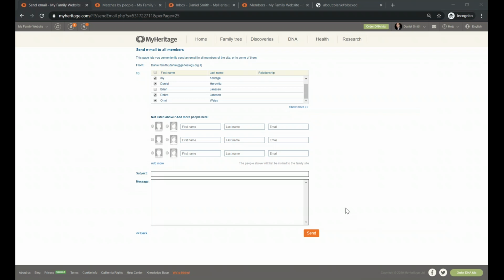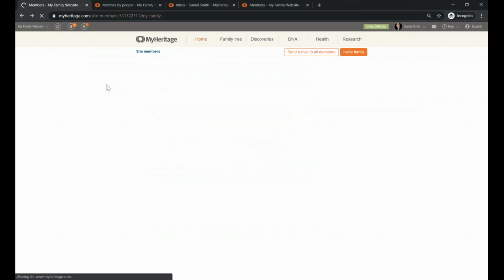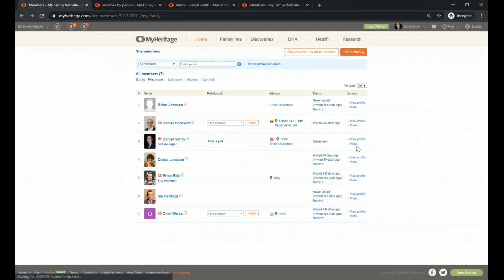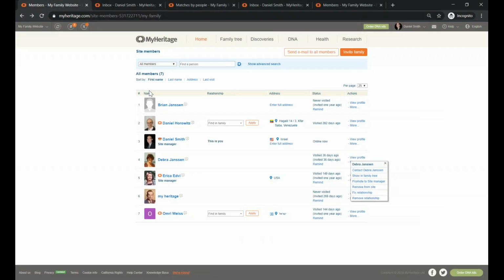Okay, so this is how you communicate with your family members. Now, there is also another reason why you want to contact the people, but give me 1 second because I just realized that I cannot open that in a new tab because probably it will open in a new tab automatically. Okay, so there is another reason why you would like to contact other individuals in MyHeritage, and that is